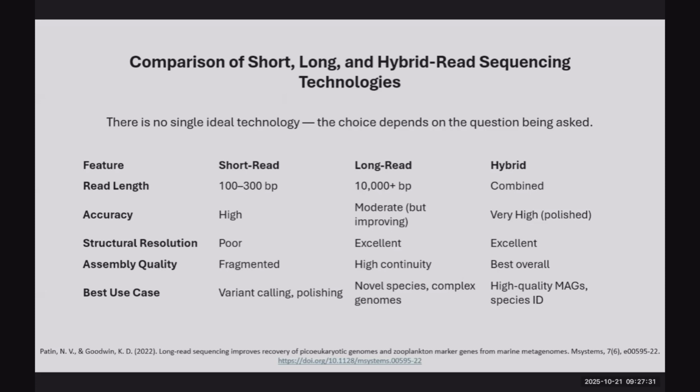And it's fragmented, so you have to do fragment assembly, which means running a specific algorithm. The best use cases for short read technologies are variant calling and polishing, like finding the final details of short sequences. But the major frame should be obtained by the long read sequences,